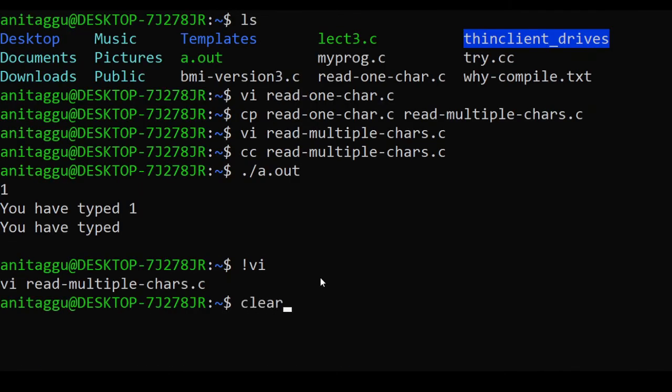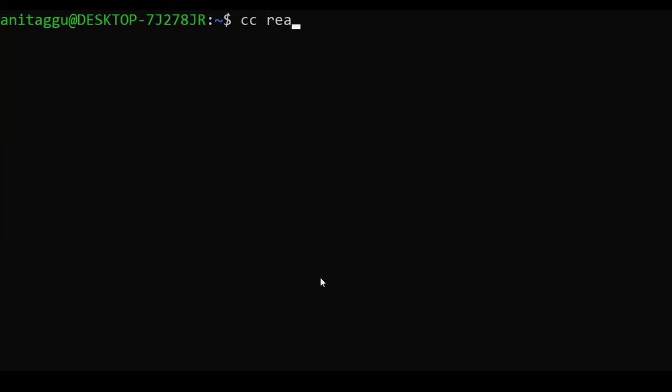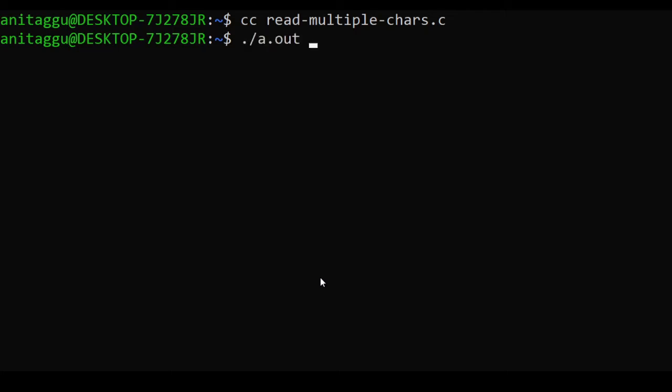Let's try compiling this now. Compile read multiple characters.c. Let's compile this. So compilation has gone through, and now we are ready to run it. So how do you run it? We say ./a.out. Enter. And as we enter, see the,